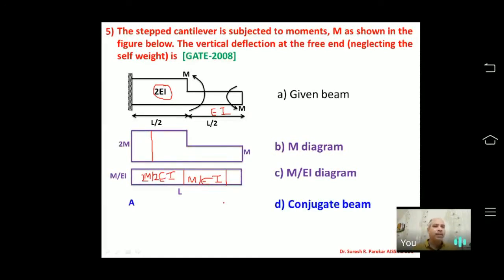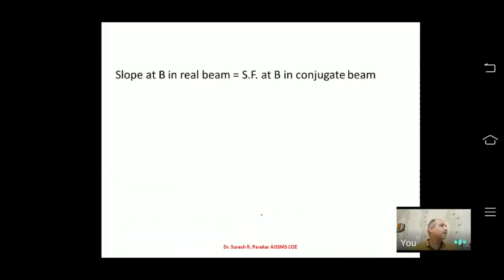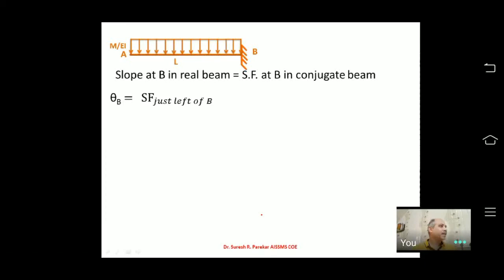Now I will go to the conjugate beam. So we have the conjugate beam, A will be cantilever, then we have the beam, and then we have B as fixed. And then I will plot this diagram. Now you can see where I have tension and where I have compression. Tension we have at the top, compression at the bottom. So we have to plot arrows on the tension side. Because my bending moment diagram is on the compression side, my arrows automatically go on the tension side, because tension I have on the bottom side.